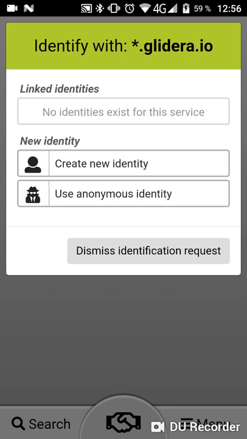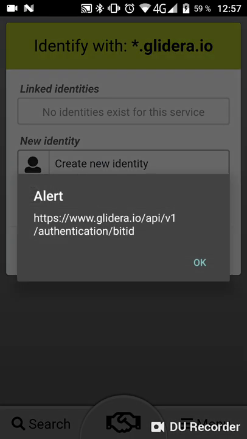for this service, and I'm going to start by using an anonymous identity in order to commit to the login procedures. Now, this is a tech preview, and BitID does not have widespread services. As a result, I have no service available with which I can test this application at all. Anyway, I tap Use Anonymous Identity, and it will tell me in this developer preview that it will use this